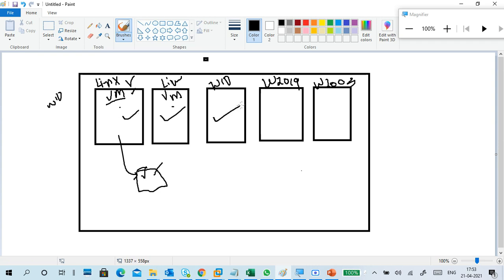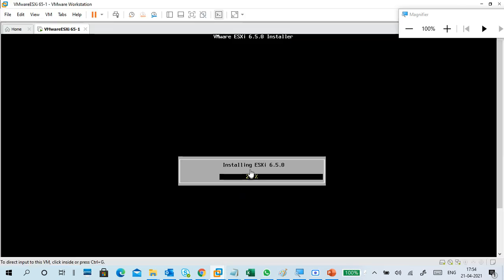Why? Because of virtualization. The cost I would invest in buying separate machines is also reduced here. And it is a single window type. Otherwise I would need to switch from one server to another. Simply, I can show it from here. That is the main advantage of virtualization.